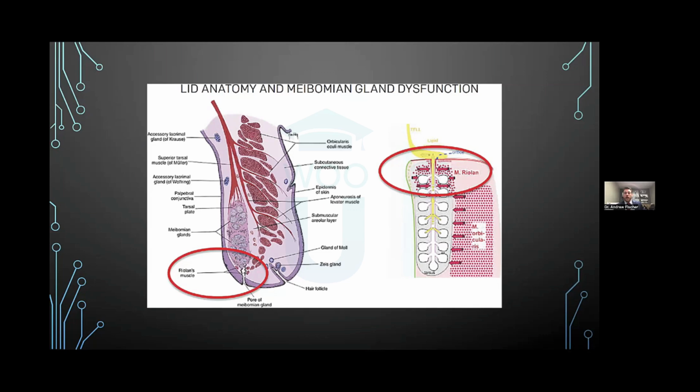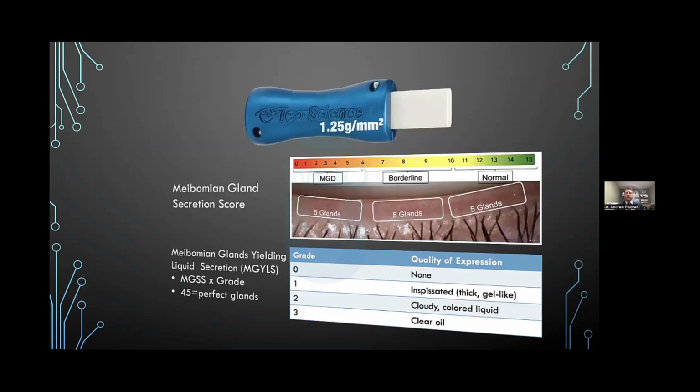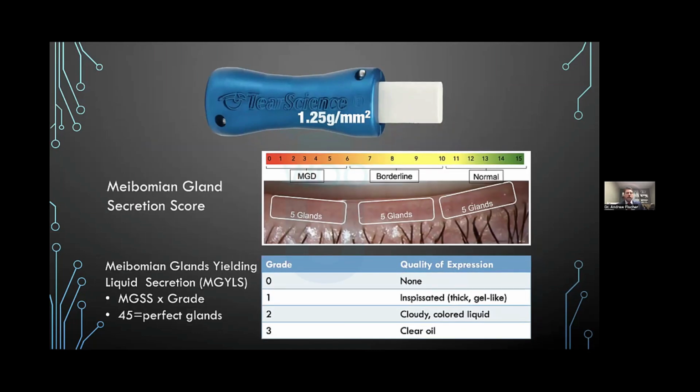When evaluating for meibomian gland dysfunction, one of my favorite tools in clinic is a specific meibomian gland evaluator. It has a spring inside that, when depressed, not fully compressed, just using the tension of the spring, exerts a pressure of approximately 1.25 grams per millimeter squared on the eyelid, which happens to be about the force of a conscious blink. Using this tool, I can repeatedly and reliably get the number of glands that are functioning.